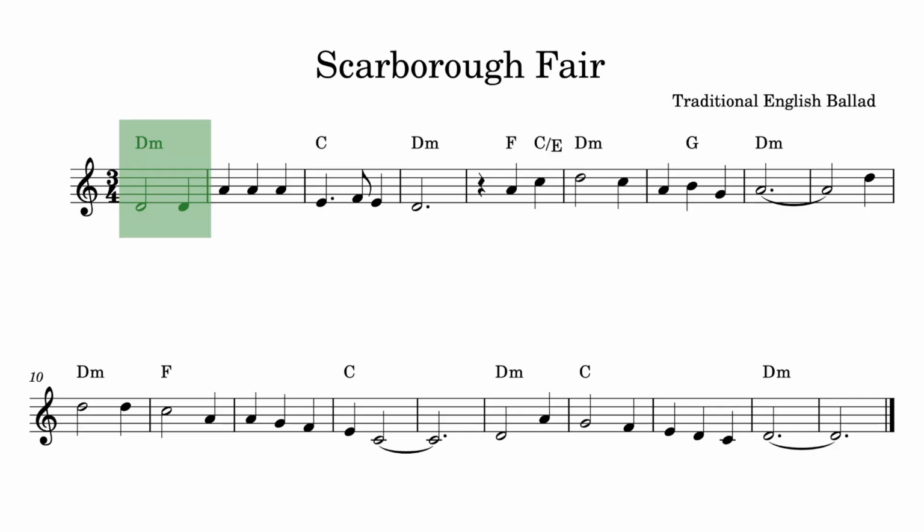So can you think of a mode where the tonal center is D? You can see that this song starts on D and it ends on D. But it's not really D minor. So what mode is it? It's actually D Dorian. How do we know that? Well, the D Dorian scale,